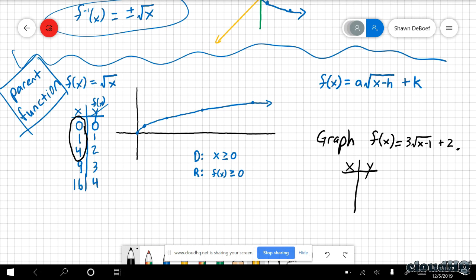Now, if we think about what we just said about transformations, especially horizontal at the moment, we can use that strategically to know what x values to use. So think of it this way. Our graph is shifting what direction? 1 unit, what direction? It goes the opposite direction. So this is going to shift it left 1.